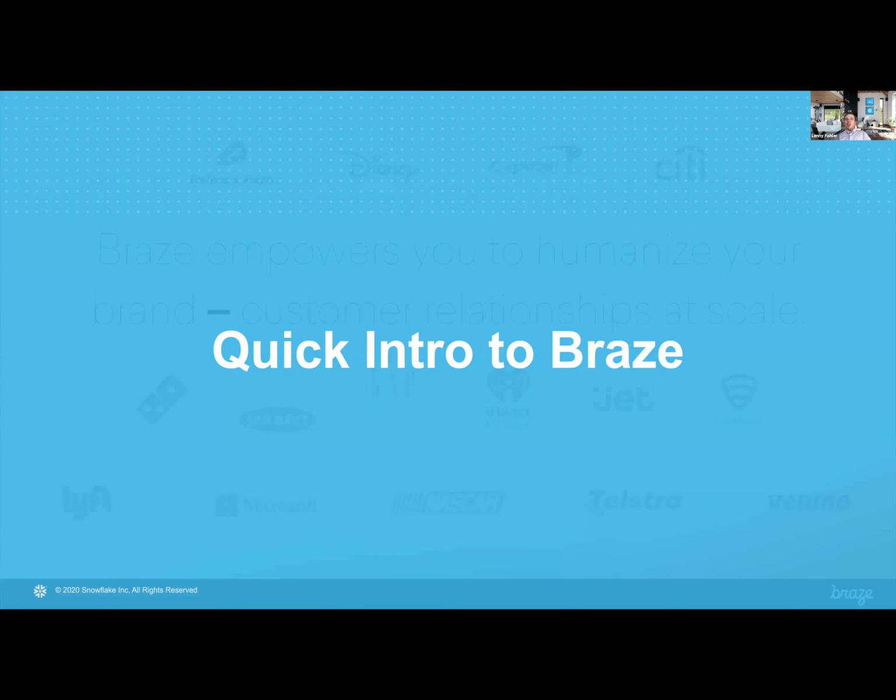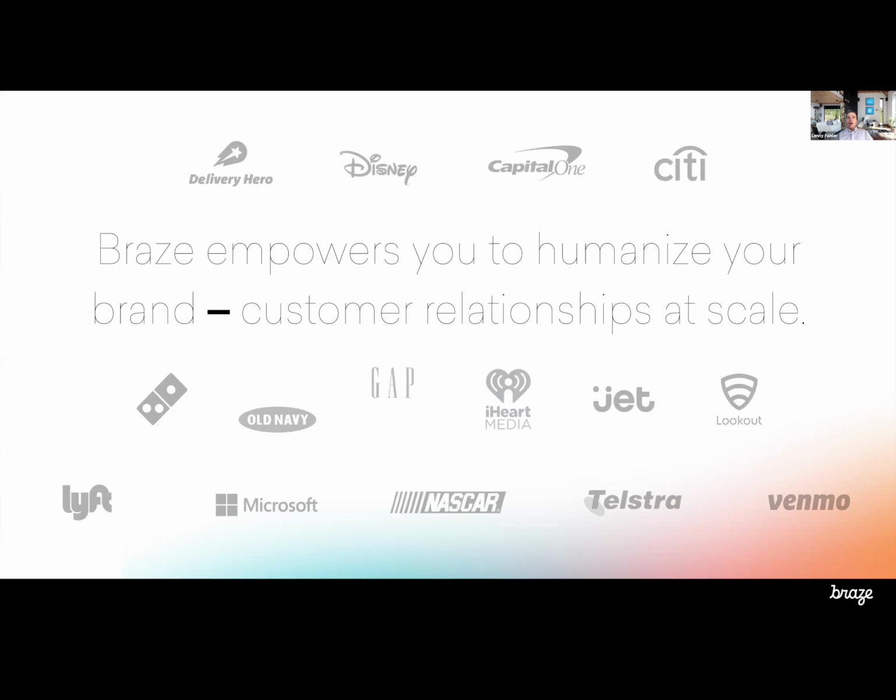Braze is a customer engagement platform. What that means is that we connect brands such as Domino's or Lyft to the end users or the customers. We do that through sending various messaging campaigns, segmenting audiences, and then sending that data back after measuring performance into Braze to optimize campaign sending and to really personalize the experience of the end user.